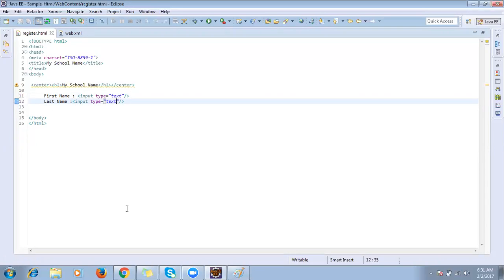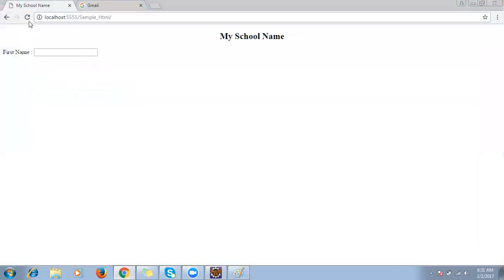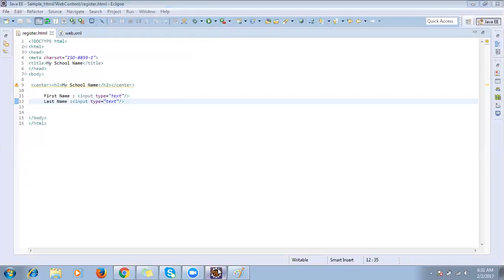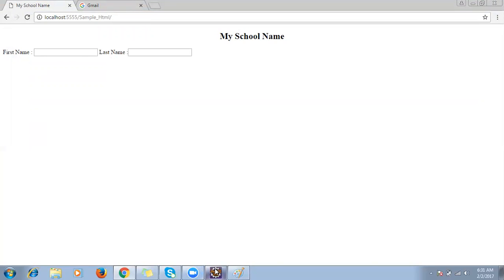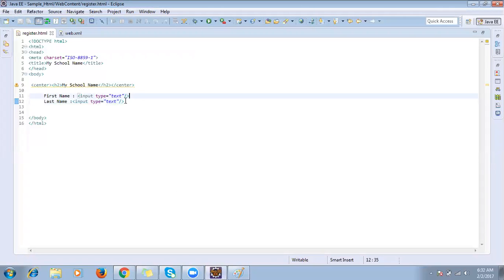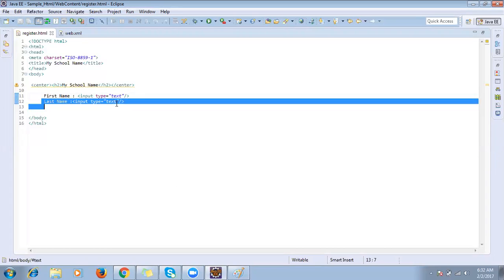Yeah. So now we can see, but did you see this? It is coming in a single line, but I want it to come in a table format, one after another. So it should come in the next line. So what do I have to use? I have to use break here. Otherwise, it will come in the same line. We have print and println, right? In a similar way, if you want to display this in the second line,